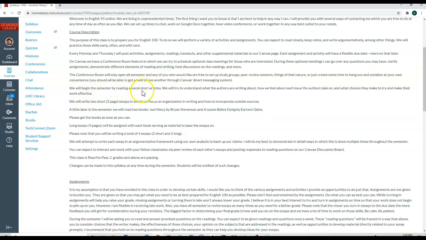We will begin the semester by reading several short articles. We will try to understand what the authors are writing about, how we feel about each issue the authors take on, and what choices they make to try and make their work effective. We will write 2 short 2-page essays in which we focus on organization in writing and how to incorporate outside